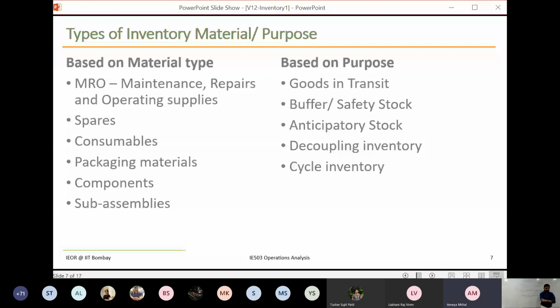If there's some labor layoff or something, then anticipating some change in environment and producing for that. For example, making laptops for a work from home environment. If somebody had anticipated it in January, then there is very good business for them. But many didn't anticipate this particular work from home. But yeah, basically anticipatory stock is we need to foresee the future trend and take a call based on that. That is anticipatory stock.